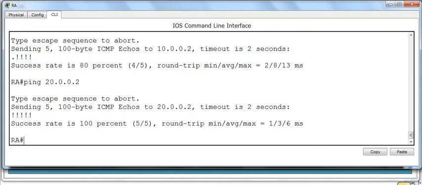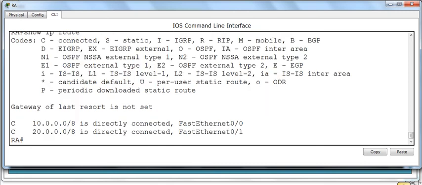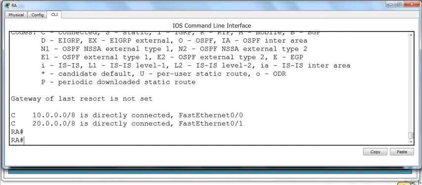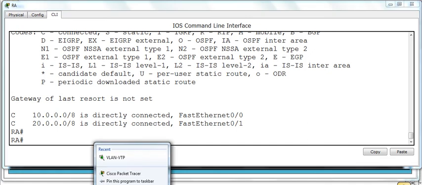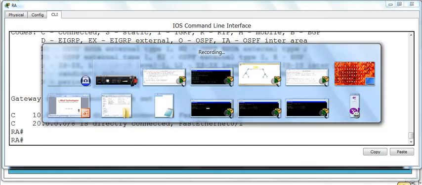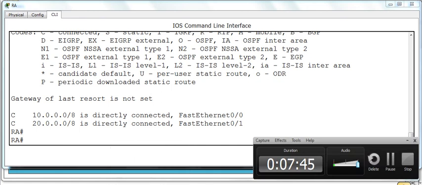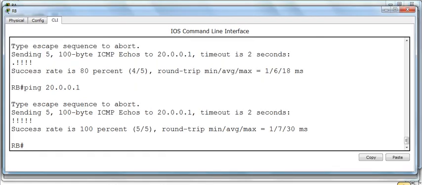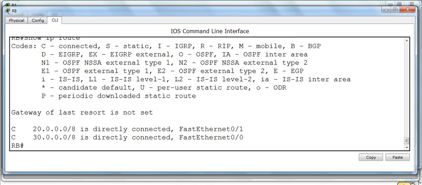Now why is it not pinging? See, the routing table, show IP route. It has a route for 20. So it should ping, but I'm not pinging. The reason is, the packet is sent via 0/1 to router B, but router B doesn't know about 10. On B, show IP route. This has to reply back to 10.0.0.1. That is the PC's address. These don't know about 10.0.0.1. That's why I got request timed out.